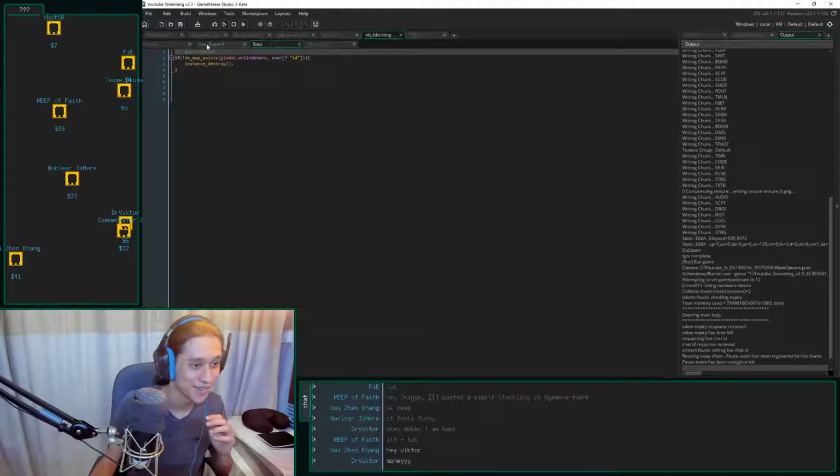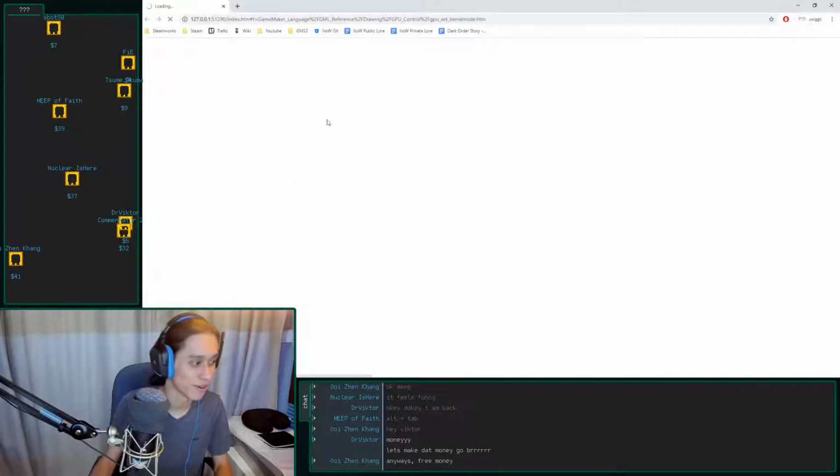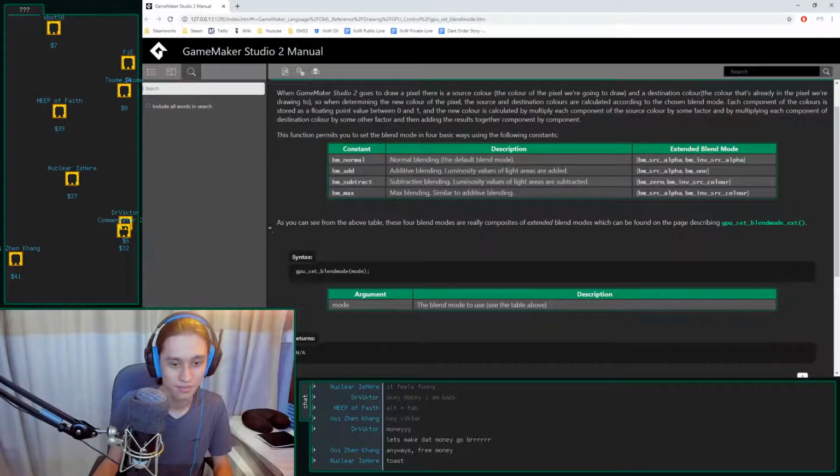Okay, let's figure out what's going on. That's right. I need to refresh my brain with blend modes, so I'm definitely doing something wrong. Okay. Additive blending, luminosity values of lights are added. Subtractive blending, luminosity values of lights are subtracted.